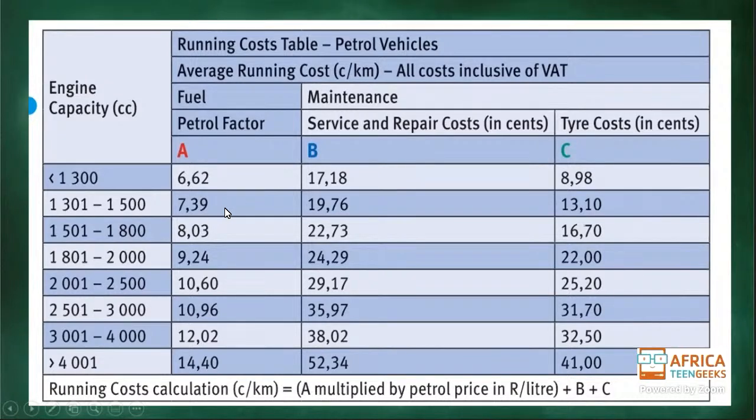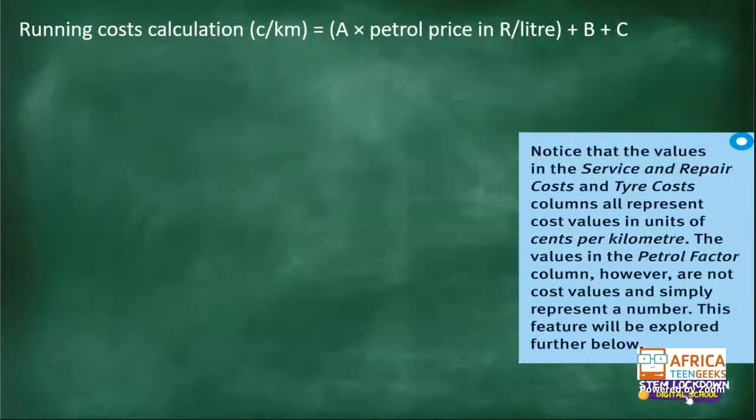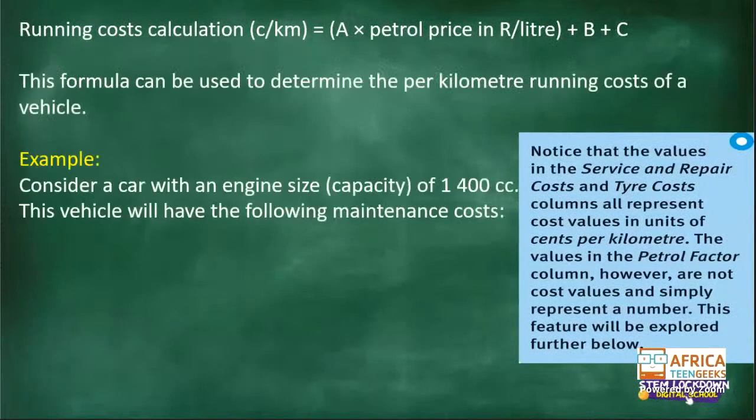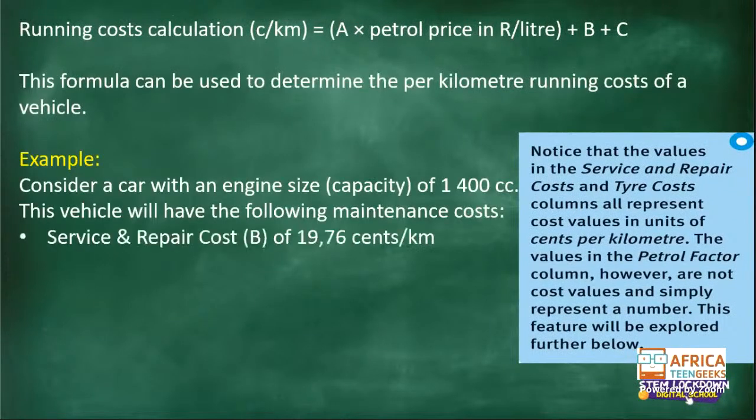So the petrol factor is just a number which you need to multiply by the current amount of fuel per liter. So we have done that. We have calculated that in as far as the liters are concerned. For those of you who just arrived, this is how we have worked it out. We are talking about the running costs or calculation of a vehicle per kilometer. In other words, how much do you have to spend on your vehicle per kilometer, or what are the costs for your vehicle,